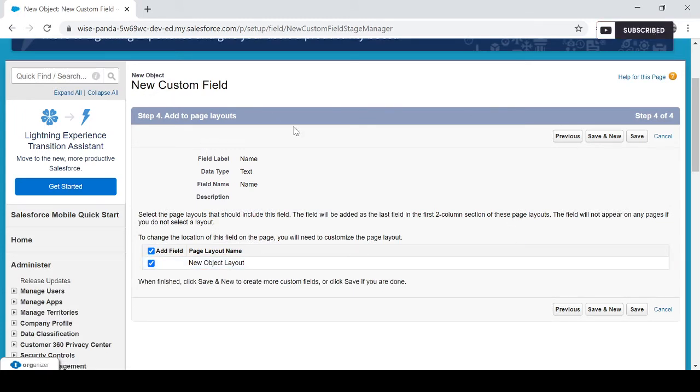This field should be visible in this new object layout. So I choose this default option. If we don't want to add that field in this page layout, you can disable it here. But I have only one layout, right? So it should be visible in this layout. So I'm going to choose this one. Then I'm going to hit the save button. Okay.